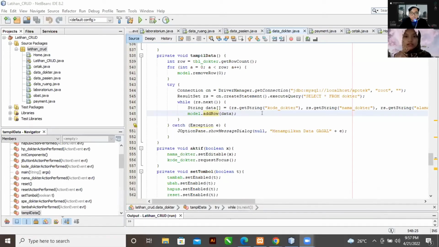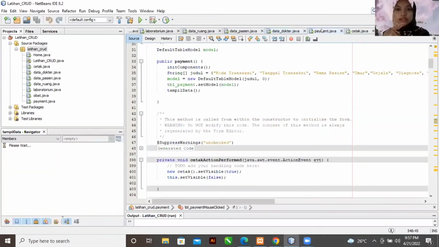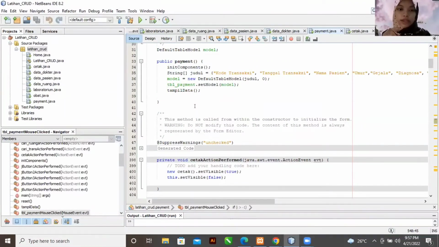Okay, thank you, Virgi, for the explanation. So I will continue Virgi's explanation about the pembayaran page. Okay, this is the payment page or pembayaran page.